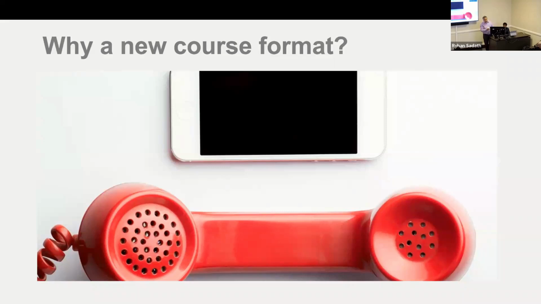So I started looking in other VLEs. Maybe there was another VLE out there that had a better idea. Maybe they had a better course format. But again, there was nothing. There was no course format that would match what they wanted and match the learning design approach that Matt had already talked about. So that meant that I had to go and create a new visualization, a new bespoke course format